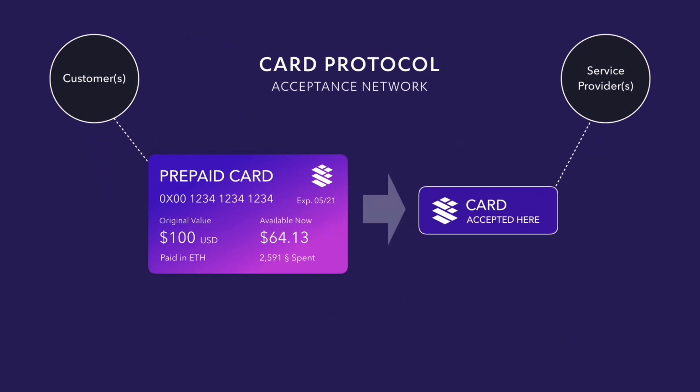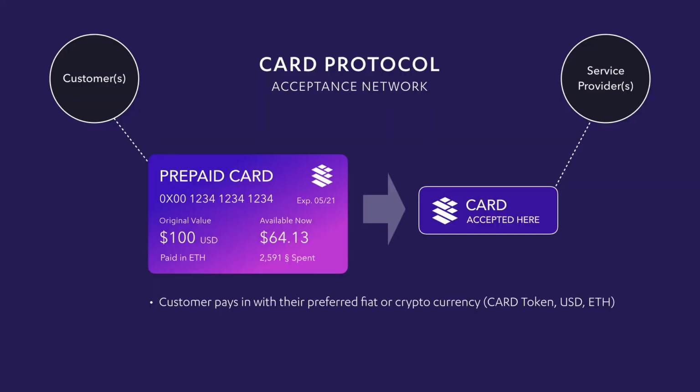So this acceptance network is a very powerful idea, right? Because at the end of the day, what credit card has really done is build 5 or 6 networks. I mean, Visa and MasterCard in the West, and American Express in the US and beyond. And then in China, you've got Alipay and WeChat Pay. And these are all acceptance networks.